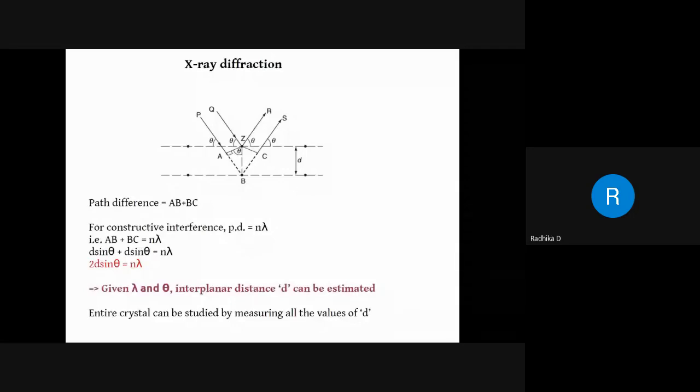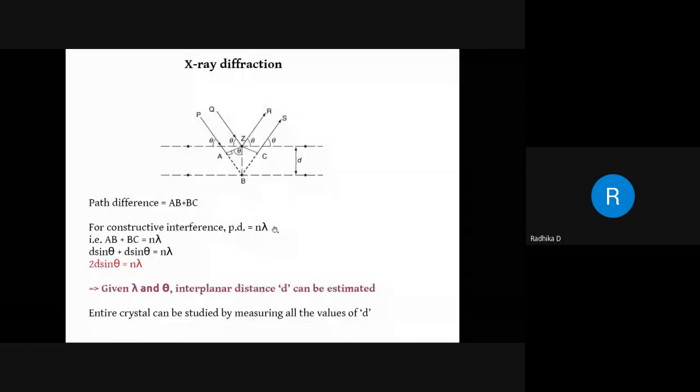Both are similar. So the X-rays as waves which have gone in the direction of zeta, and the X-rays as waves which have gone in this direction of S, they both interfere constructively. Very important point, they interfere constructively. If they interfere constructively, then this is very important. You need to know, for constructive interference of waves, path difference, that is this extra distance traveled, is equal to an integral multiple of the wavelength of the X-ray.